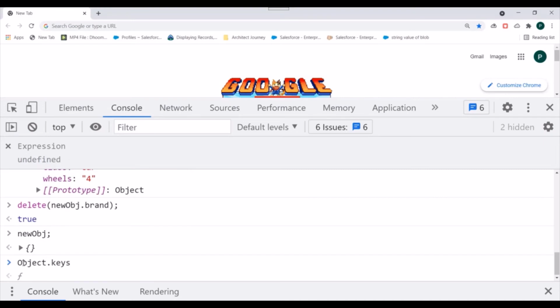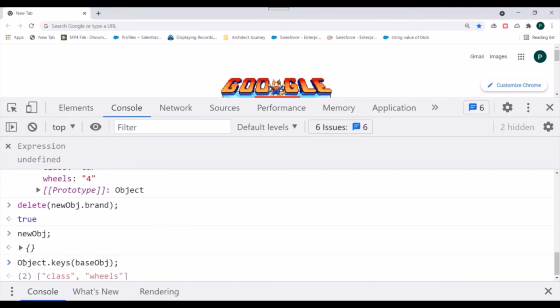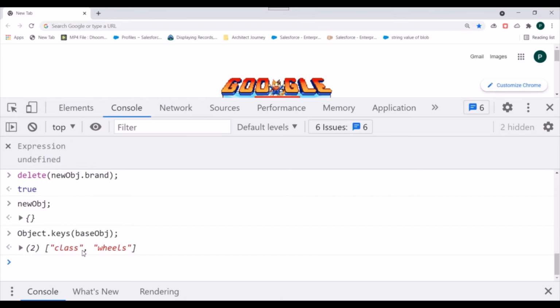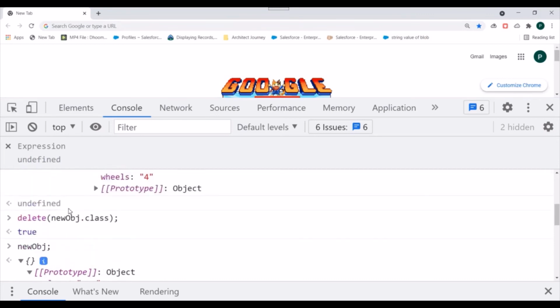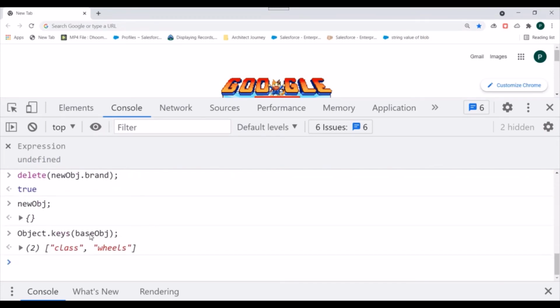Here I need to specify the name of the object, so it's base object in our case. You can see it is returning an array which contains the list of all the keys present in the object which we have specified as a parameter to this method.